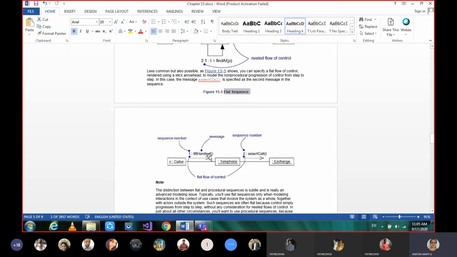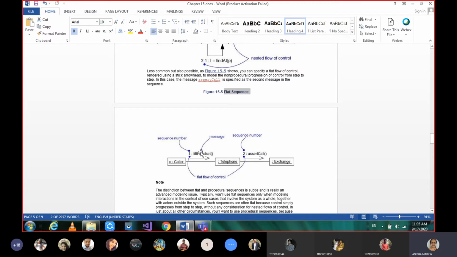Here the caller, by lifting the handset, sends a message to the telephone exchange that somebody is using this telephone instance. After dialing, the dialing message will be sent to the exchange, and this is the number given.